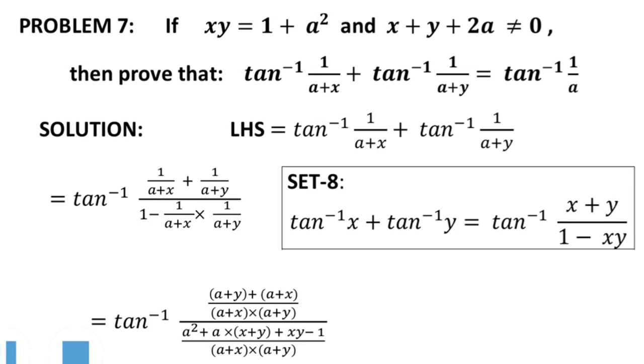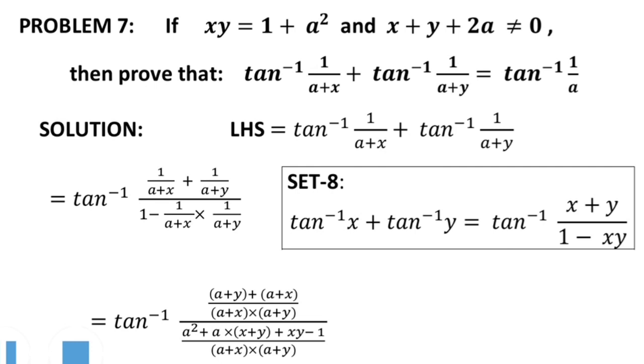If xy equals 1 plus a square and x plus y plus twice a is not equal to 0, then prove that tan inverse 1 by a plus x plus tan inverse 1 by a plus y equals tan inverse 1 by a. So let us take the left hand side as tan inverse 1 by a plus x plus tan inverse 1 by a plus y. We have to apply one formula from set 8,